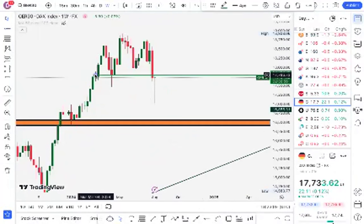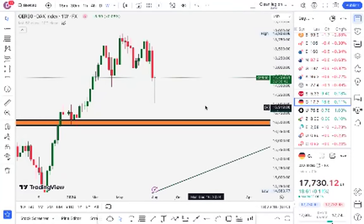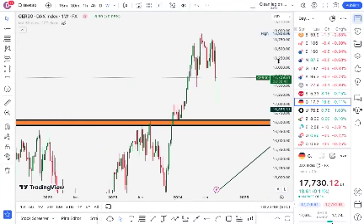Now this isn't 4-hour time frame shenanigans. This is on the weekly major time frame. So you guys know that this is solid. Long story short, I'm actually waiting for the DAX at 16,500 basis points. Once we balance out properly here, I'll then be here to look for long opportunities, like to go long, because